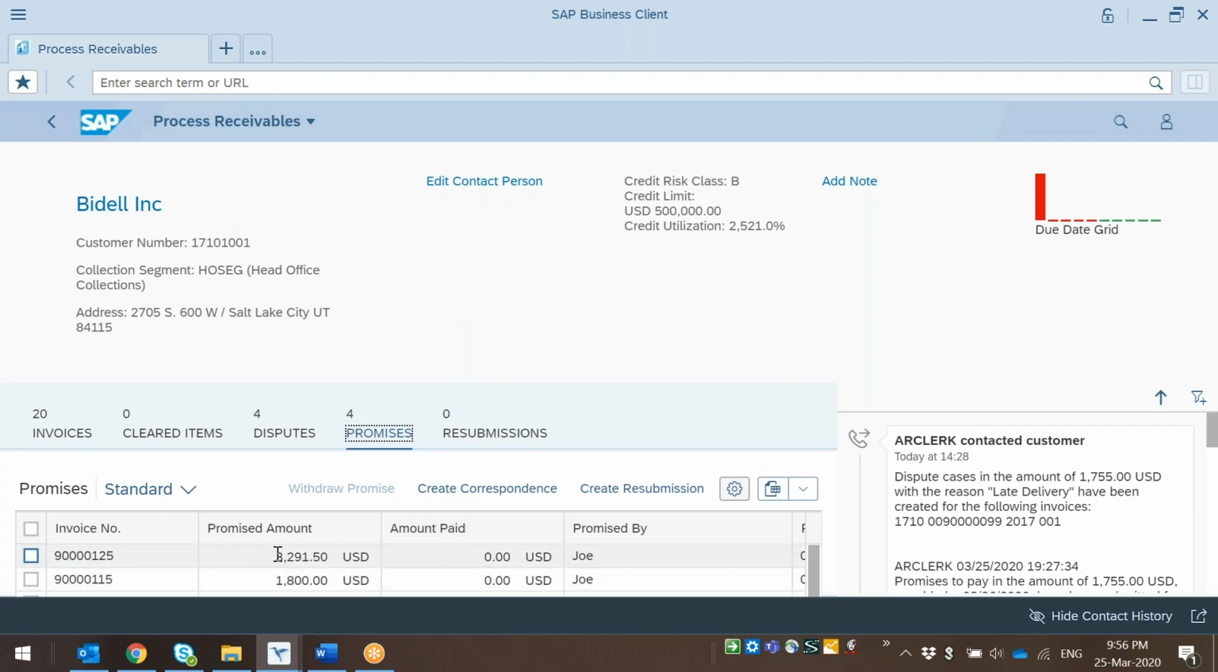It's all open promises for now, and nothing has been paid yet. And if I double click on here, you can withdraw the promise. So it's not a promise anymore. Probably it didn't happen, or something happened so that the promise is no longer valid. But this gives you a direct opportunity to maintain and see what's been promised, what you can expect for your